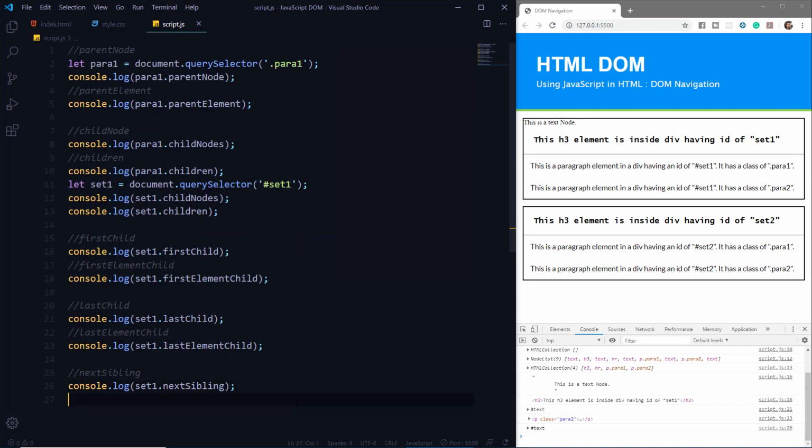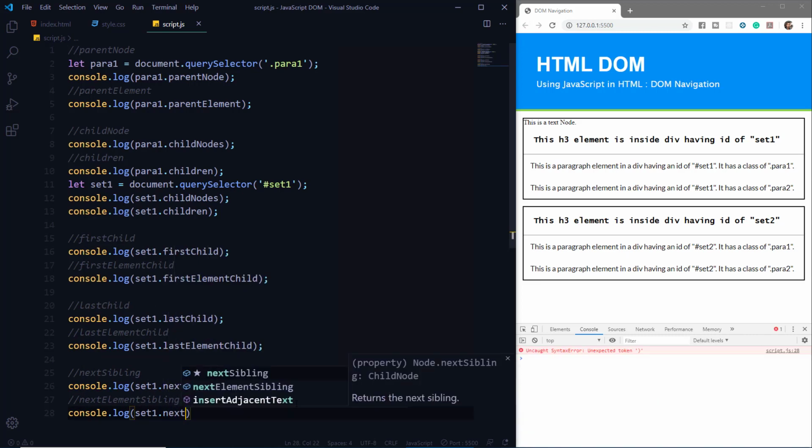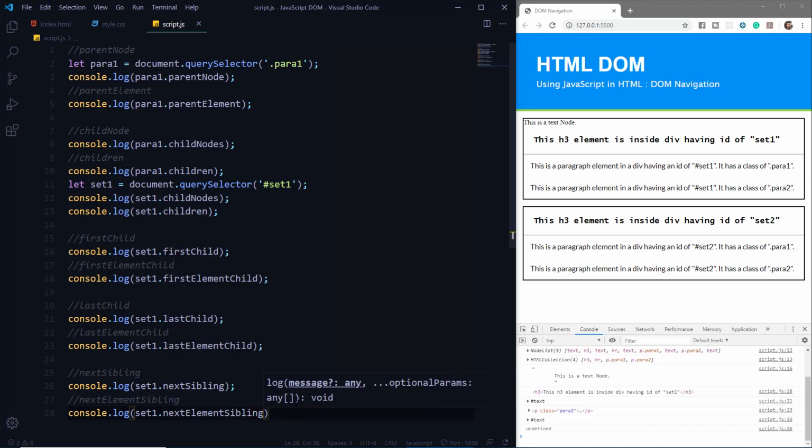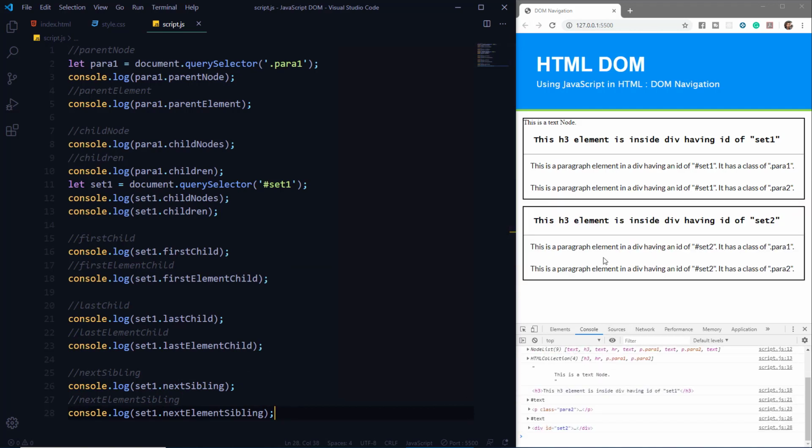Now as you have guessed, we also have nextElementSibling. So if we do console.log set1.nextElementSibling, we'll get the next element which is the sibling of the div having an ID of set1, that is the div having an ID of set2. So that was parent, child and siblings.